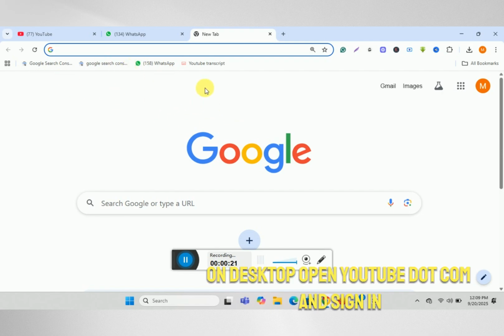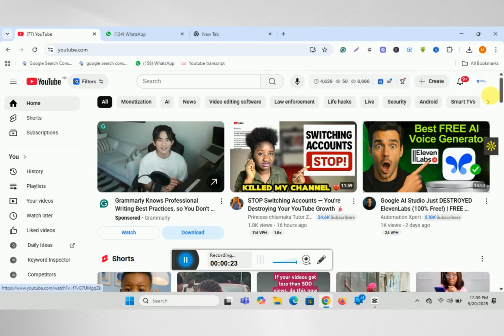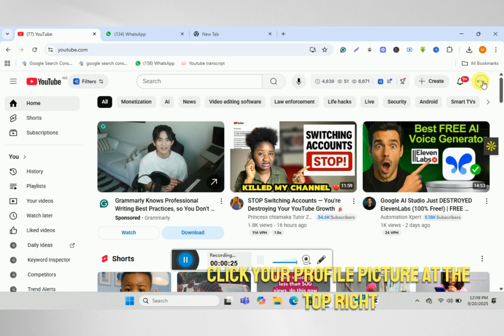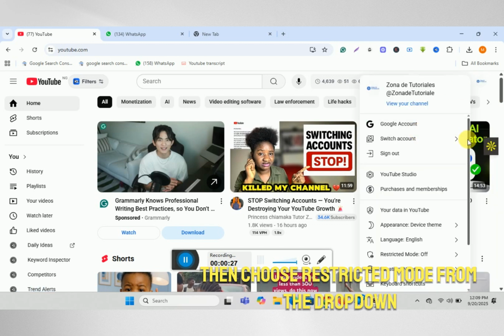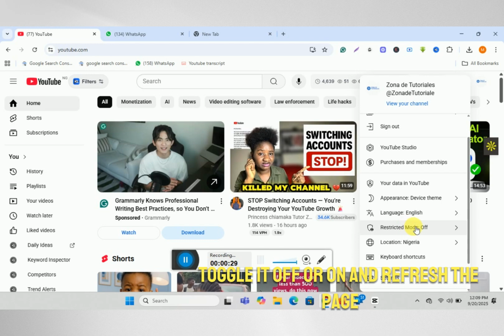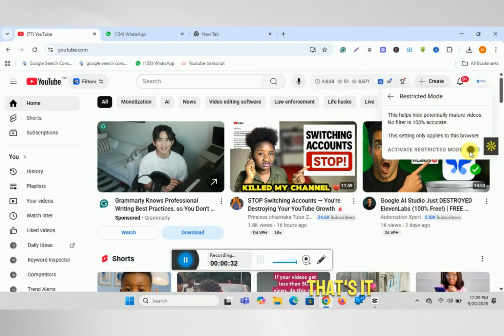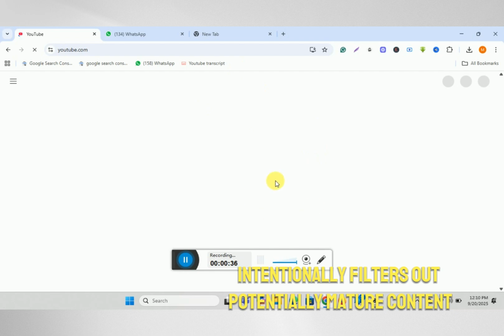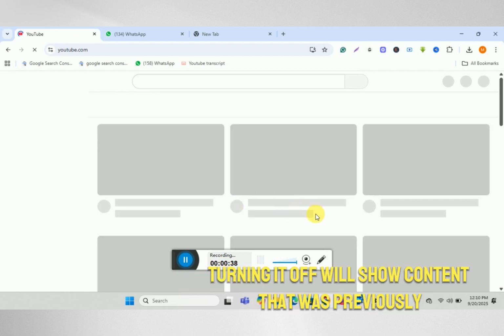On desktop, open youtube.com and sign in. Click your profile picture at the top right, then choose restricted mode from the drop-down. Toggle it off or on and refresh the page. That's it. Restricted mode intentionally filters out potentially mature content and hides comments, so turning it off will show content